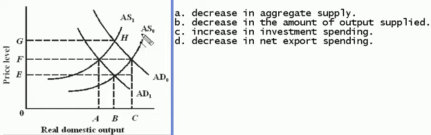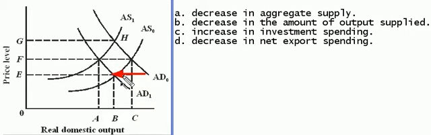Okay, let's assume that we have AS0 and AS1 as the original supply schedule and the new supply schedule, and AD0 and AD1 being the original aggregate demand schedule and the new aggregate demand schedule. Now, out of all the explanations that you see here on the right, A through D, which of the following would likely have been the result of causing aggregate demand to shift to the left as is depicted here in